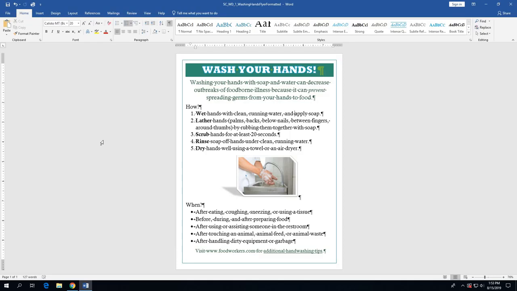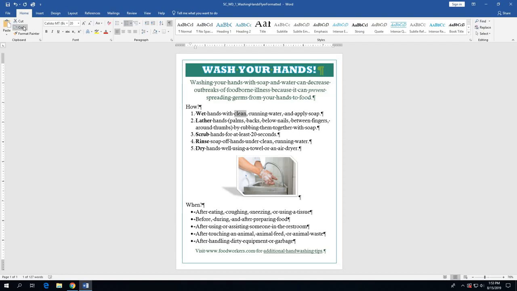Alright, next thing we're going to do is learn how to copy and paste. So on the bottom of page 1-67, what we're going to do is make sure that we can see all of the numbered items in the numbered list, and we're going to select the item to be copied, which is the word clean in that very first numbered paragraph. Alright, so we're going to double click on the word clean to select it, and we're going to click the